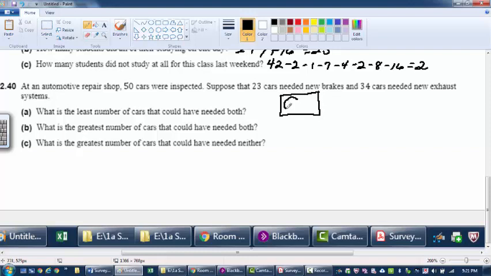Probably should have made this a little bit bigger. Okay, and here we go. What we have is brakes, and we have exhaust. So what is the least number of cars that could have needed both? Well, we're going to look at it this way. We have 50 cars altogether. 34 needed exhaust. So the most